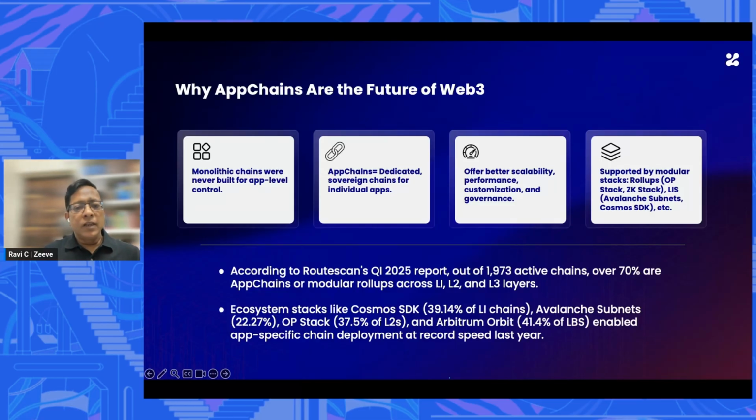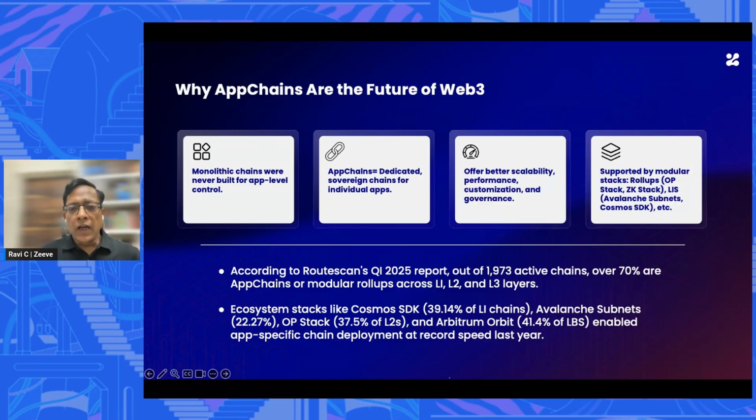Then came the stacks, proper stacks that you can use to launch. So first we saw the advent of some of the app chain stacks like Cosmos SDK or Avalanche subnets, and then Substrate parachains, where you can use some of these stacks and launch your own sovereign chain. And then 2 years back came the concept of rollups. Again, using rollup stacks like OP Stack or Arbitrum Orbit, you can launch your own app chain. Specifically called rollup, but it falls under the general category of app chain.